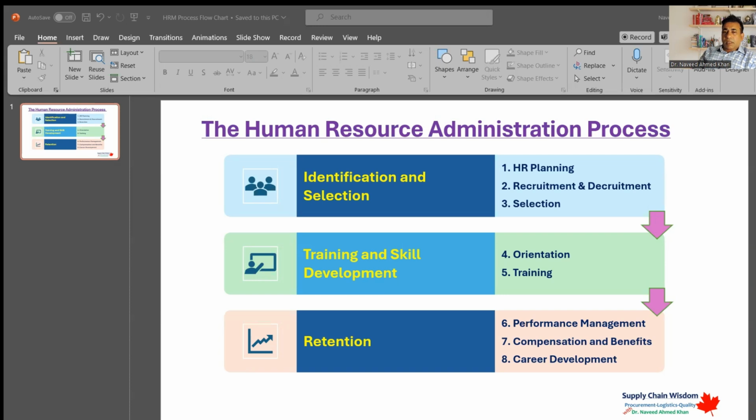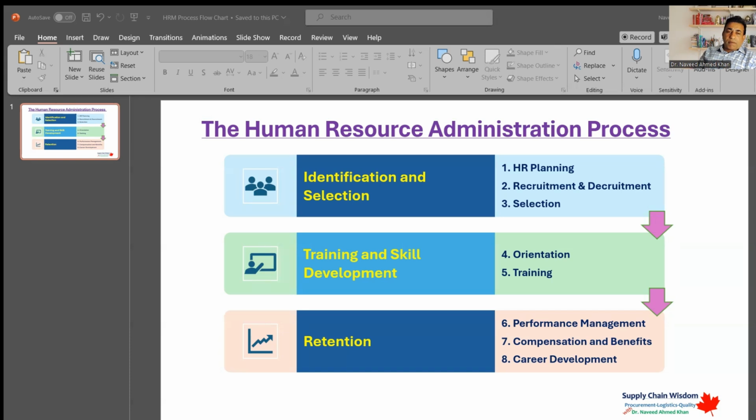So, for instance, the organization would like to put you on the transition to senior management, right? So they would generally go for your career development, right? But remember, guys, career development is very critical for you to identify how you can avail these opportunities, right? So I always tell my students, young learners, that